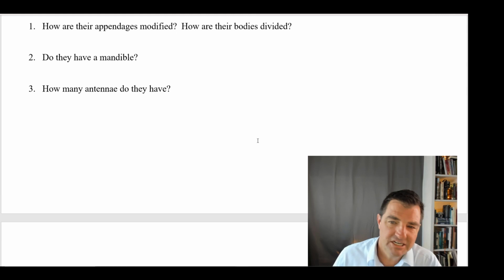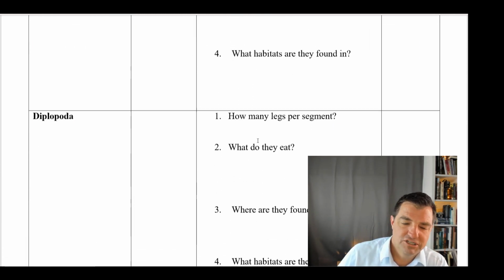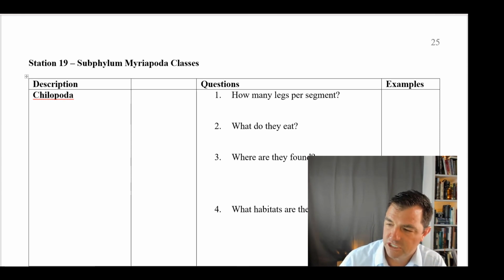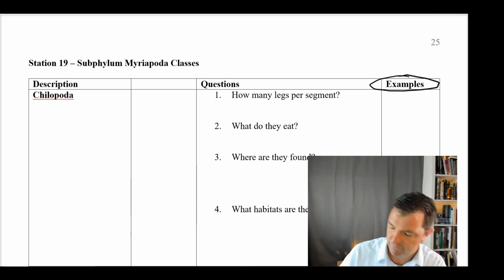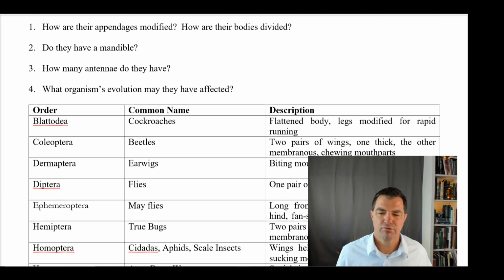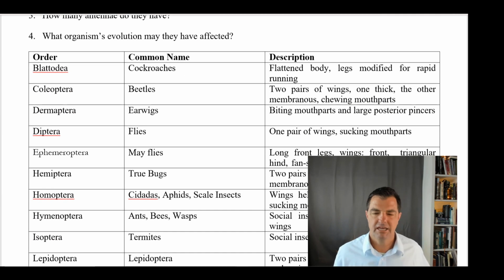Okay, then we get into more of the Arthropoda, the Chilopoda and Diplopoda, where it says examples. We just want a common name for them. So centipede, millipede, that's fine. Okay,